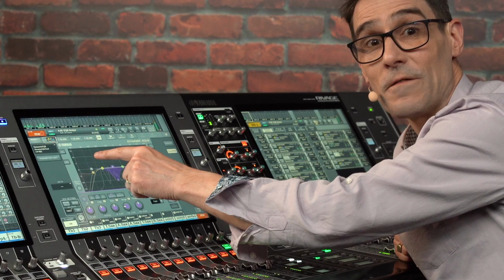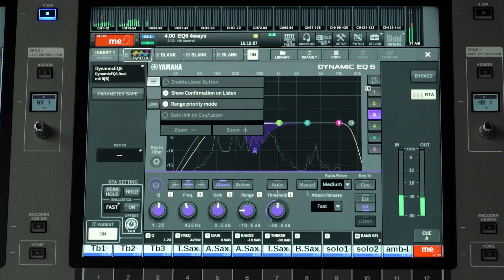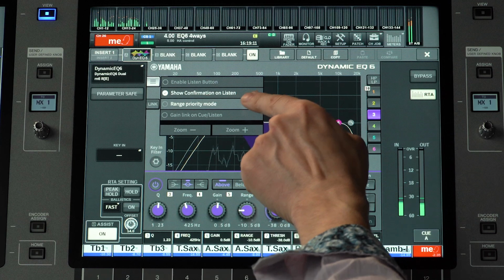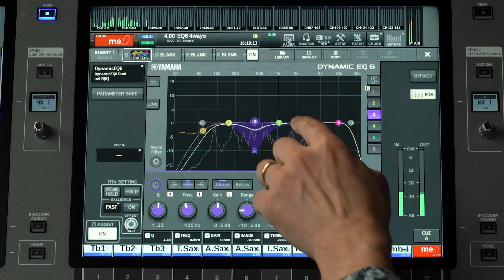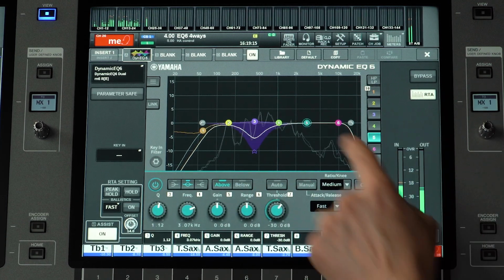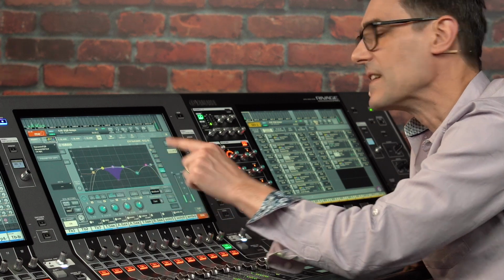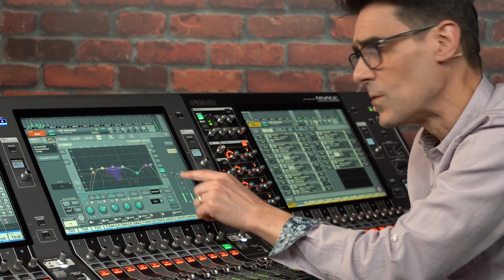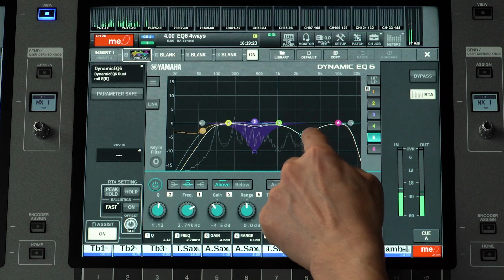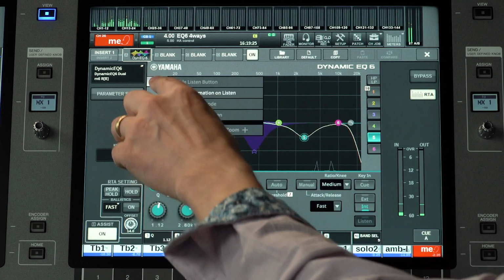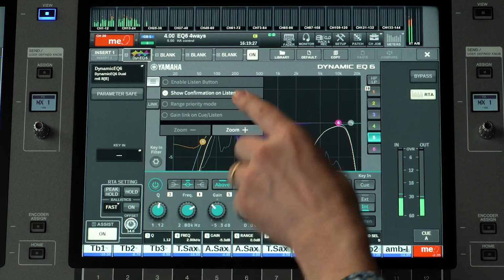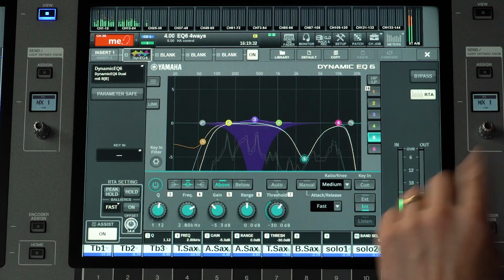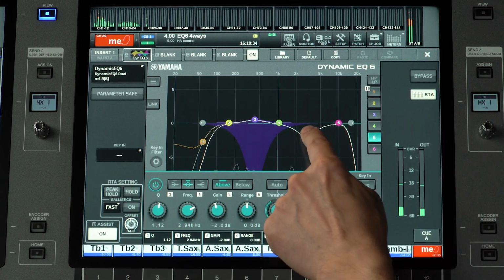Open the menu from the 3 lines on the left and disable range priority mode. Now, when you first drag, the gain will be adjusted. If you're going for small gain and range adjustments, the zoom plus and minus controls in the same menu could be useful for more accurate dragging.